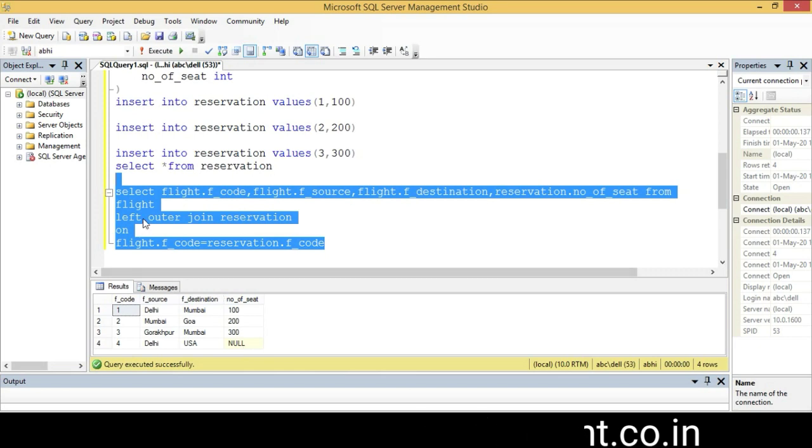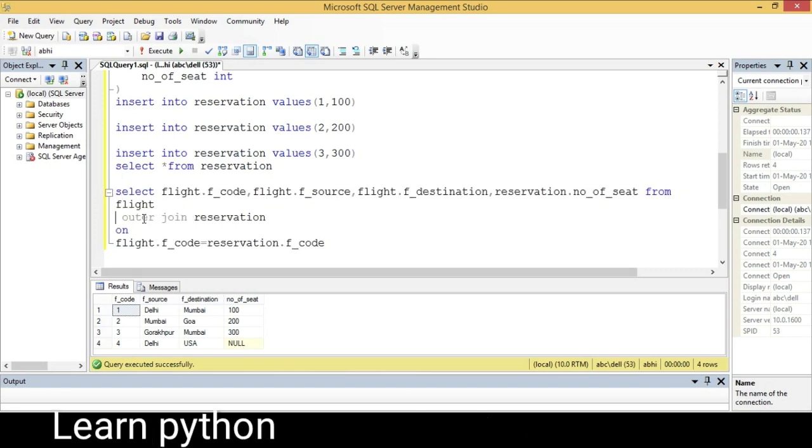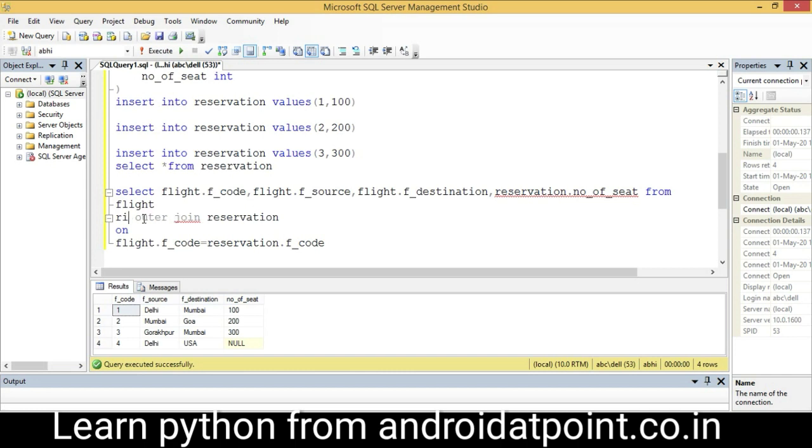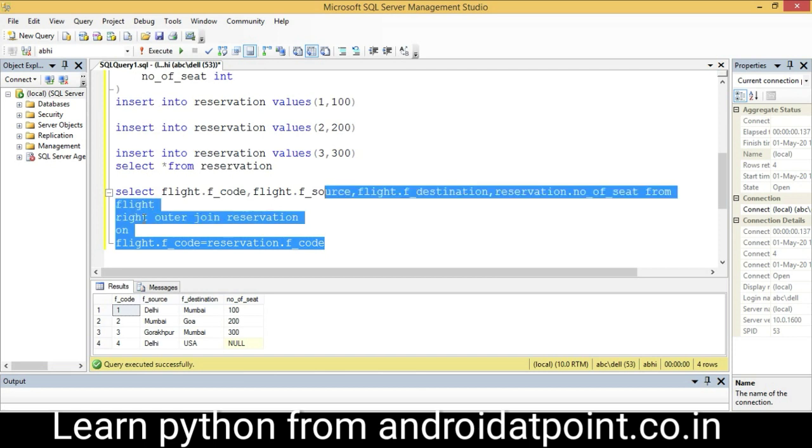Now just write right here, so it will display all the records from the reservation table and the matching ones from the flight table. Press F5. Look here, the reservation has 3 records, flight code 1, 2 and 3.